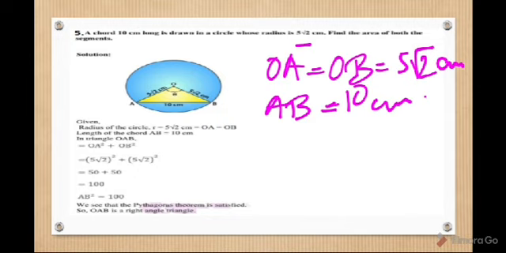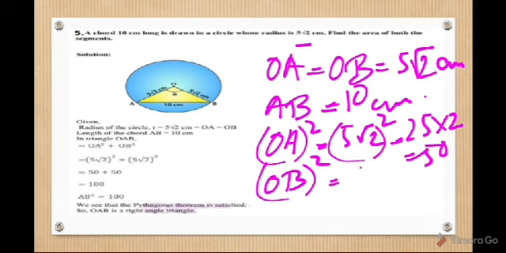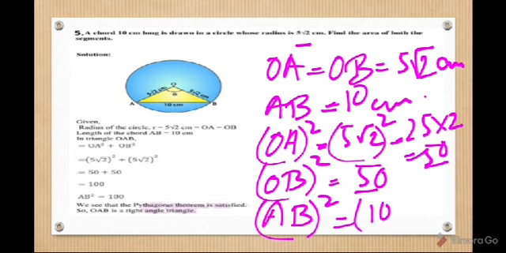Here it is not a equilateral triangle. Then how you will find the value of theta? Okay. Now do the square of OA and OB. OA square will be 5 root 2 square, that is 25 into 2 is equal to 50. Similarly, OB square is equal to also 50. OA square will be 50, OB square will be also 50. And if you do AB square, it is 10 square, that is 100. Right.